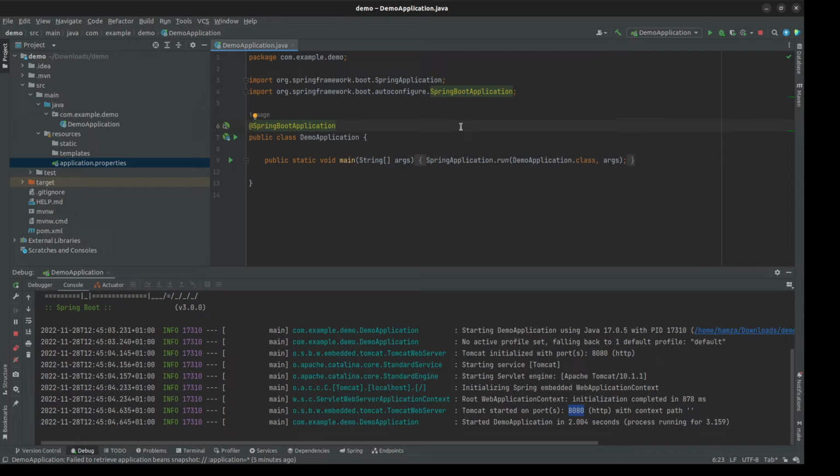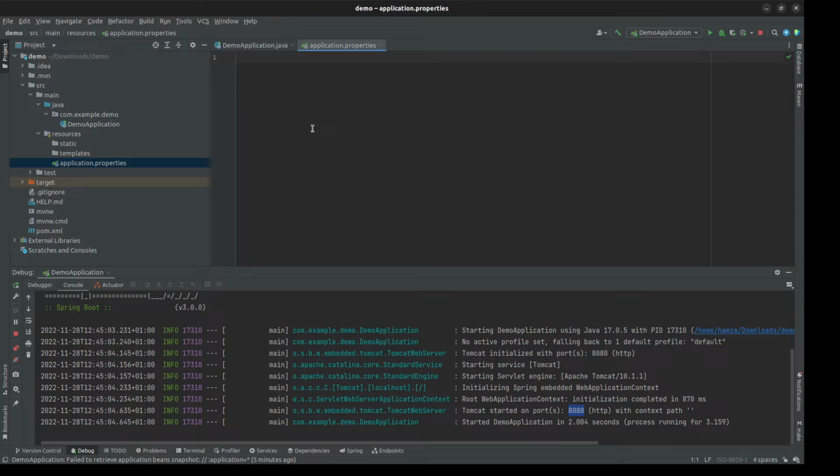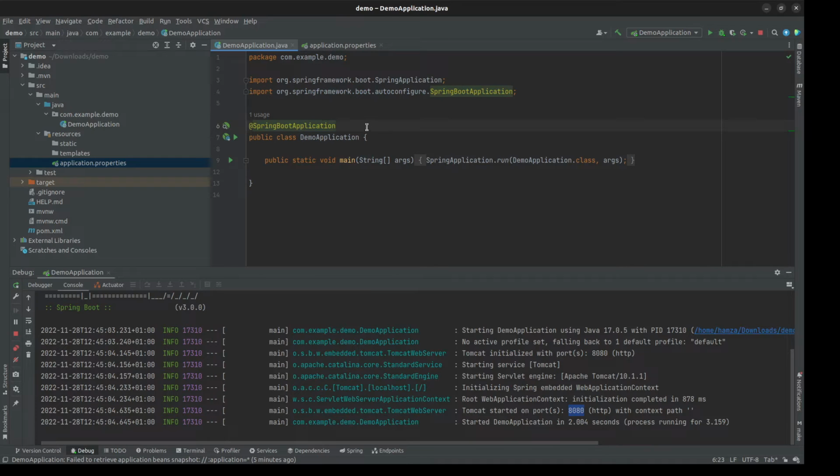First, let's see how we can disable the Whitelabel error page entirely. Go to the properties file and set server.error.whitelabel.enabled to false. Or we can achieve the same result by excluding the ErrorMvcAutoConfiguration bean by adding the annotation exclude